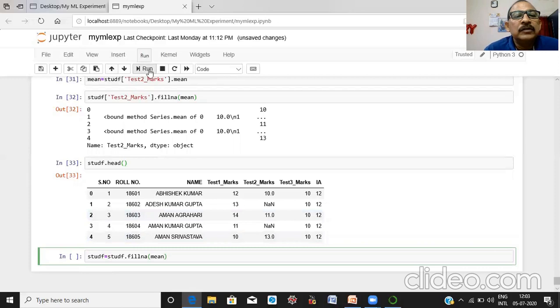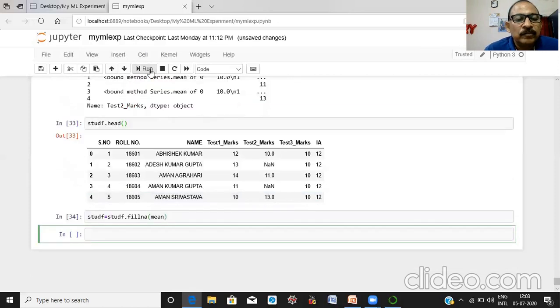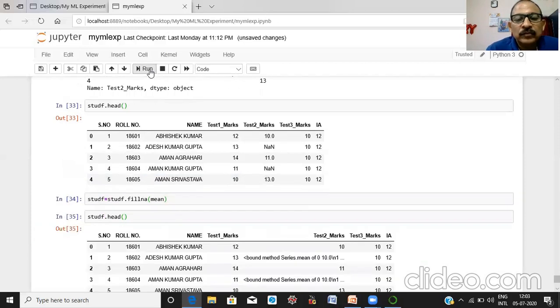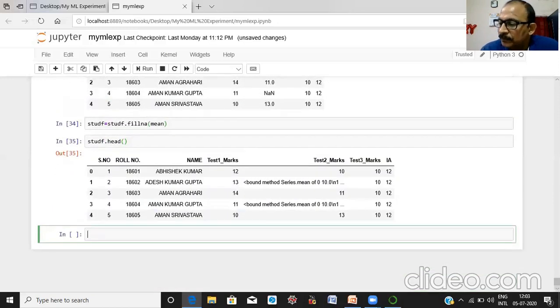Now run it. Here you can see the result.